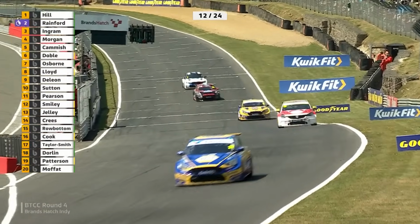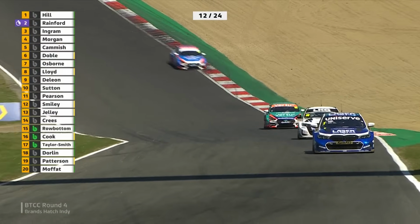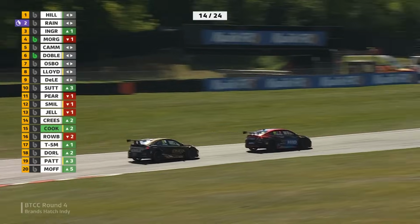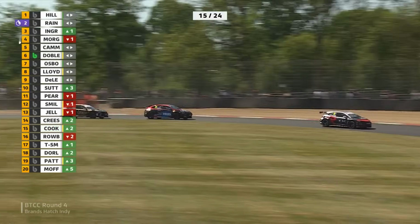Yeah, good move by Max Hall, though. Nice dive up the inside, nice and clean. Another rookie making a big impression in the BTCC. Wasn't perhaps where he expected to be, but even so, 11th on this very compact and very tight grid was